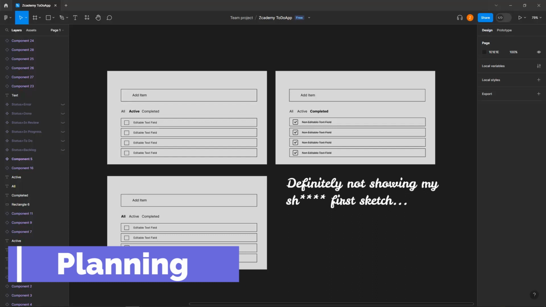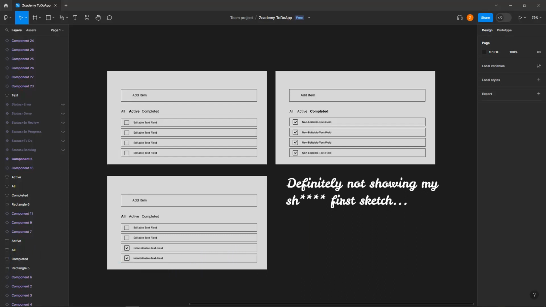Before we get started, I drew up a short sketch of what this to-do application would look like. There will be a field for us to add items or tasks, and there will be a nav bar with 3 tabs: all, active, and completed. For the active tab, there will be fields that describe what the task is, and a checkbox for us to mark it as completed. For the completed tab, this checkbox would be checked and the description would be struck out. And for the all tab, the active tasks will be shown first, followed by the completed tasks.